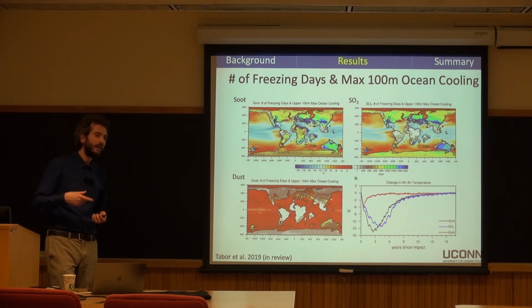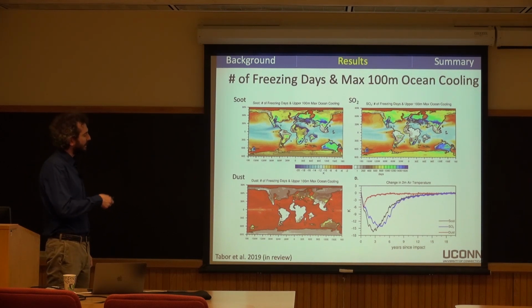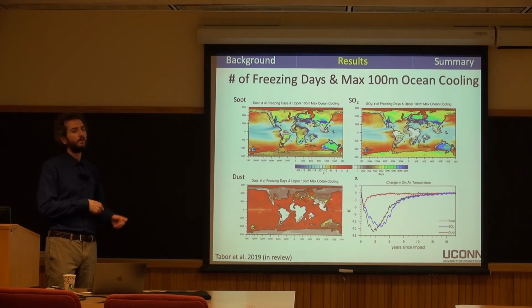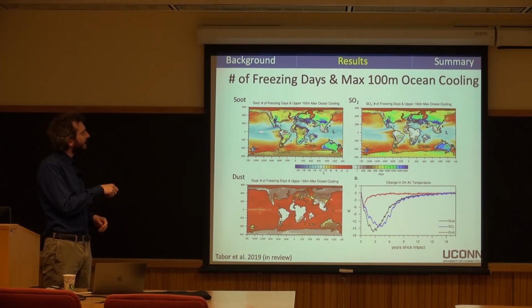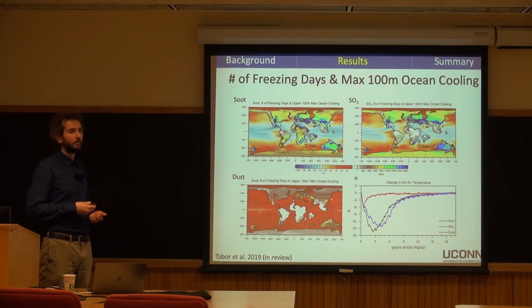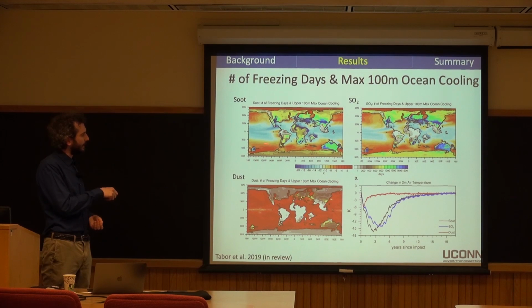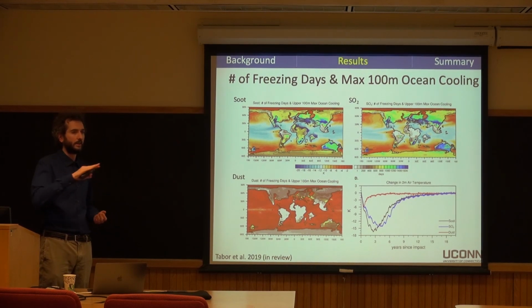So if this is the net over a few years, I mean, it's pretty impressive. I think there is some of that occurring in some of these low latitude areas to some extent, but it really seems that you kind of make this new kind of overturning circulation that's quite strong, and you are getting a little bit of upwelling even occurring more in the equatorial region than you were before the impact event. And that water is getting dragged to higher latitudes, so the salinity increases in the high latitudes as that water is getting pulled down there. And that's not enough to bring it to like extensive sea ice formation?